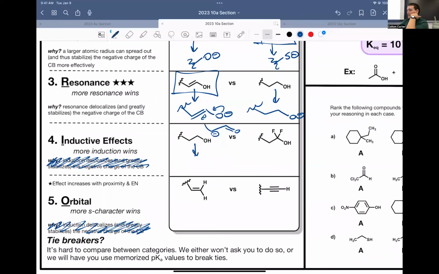Okay, next one, O minus. And then we have the O minus, but we have 2 Fs. Now, before I just ask you, I like to think about induction as